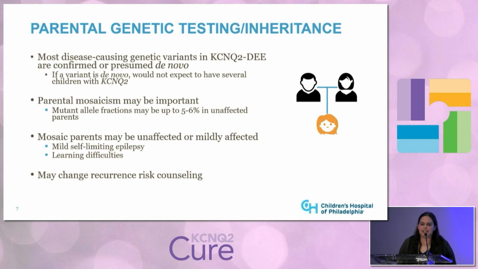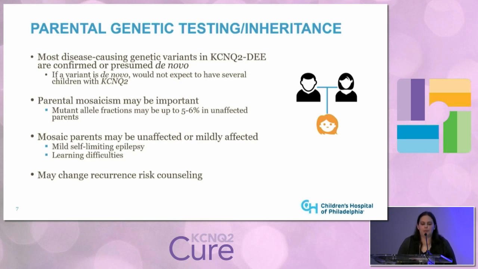Other types of genetic testing that you may have talked about with your care teams are parental testing. So when we think about the inheritance of KCNQ2 DEE, most of these we expect to be what we call de novo, meaning parents undergo genetic testing to see if they carry the same genetic change as their child, and we expect that only the child carries that particular genetic change. And if this is the case, then we would not expect a family to have multiple children with that same genetic change in KCNQ2. However, there are exceptions to this due to a phenomenon called parental mosaicism, which we'll talk about a little bit more on the next slide,